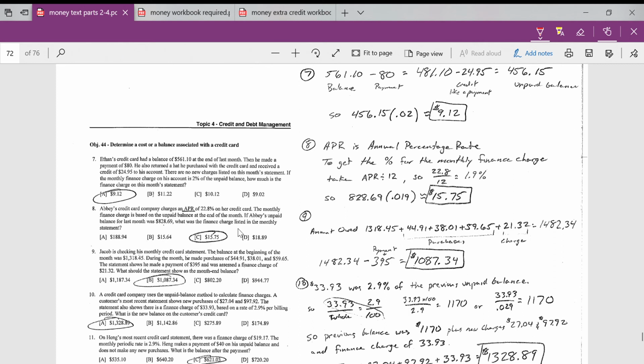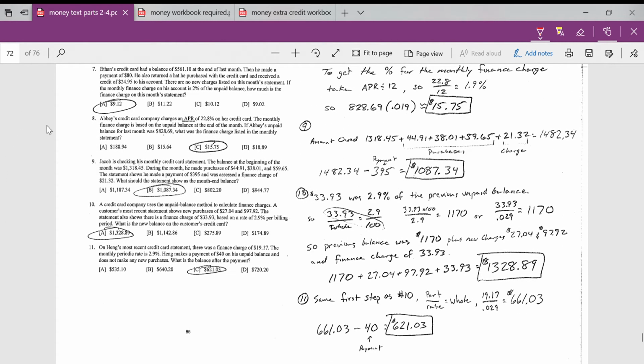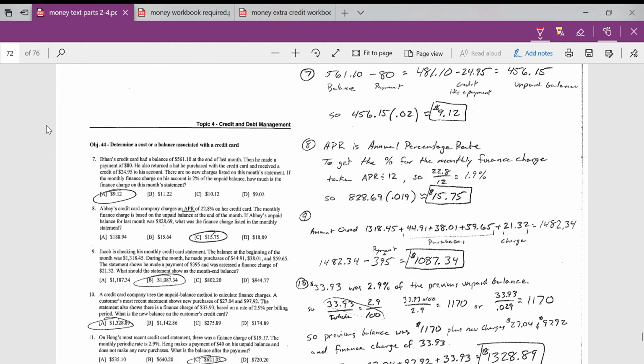Okay, here's a video for Objective 44. This is in your money textbook, so if you don't have that, hit pause, go grab that. We're on page 85 in your money textbook, and we got 6 problems to look at here